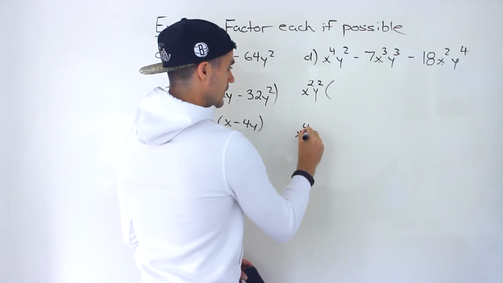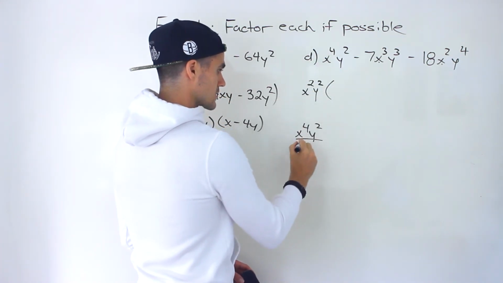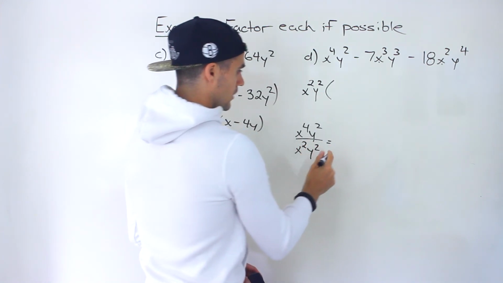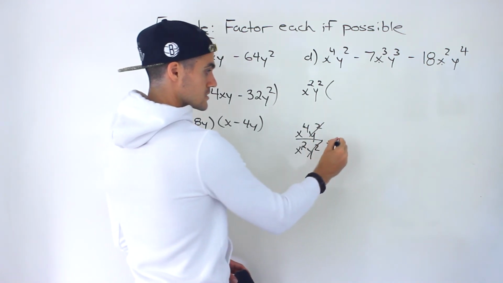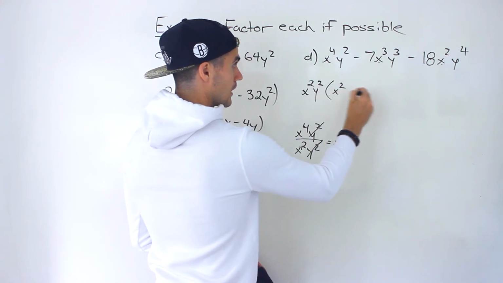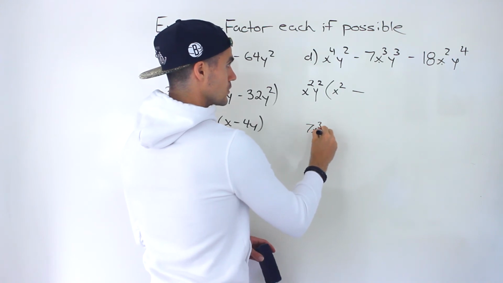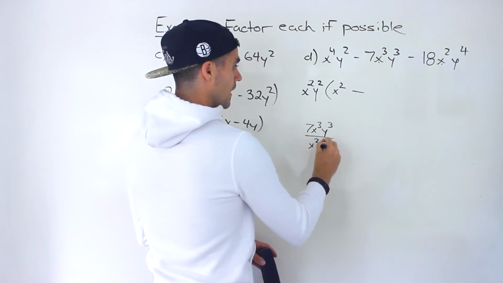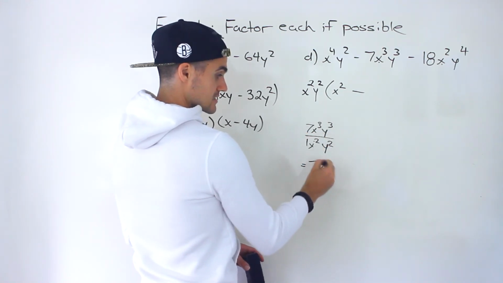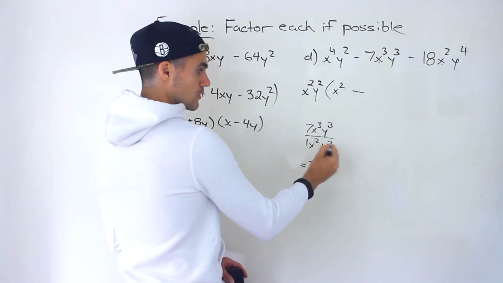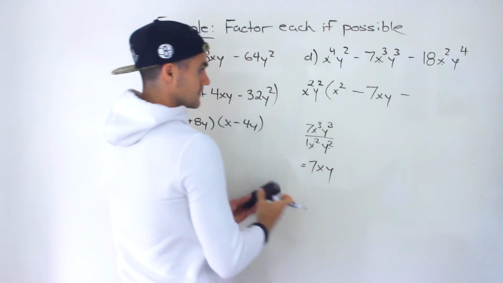What I recommend doing is doing this on the side when you start getting a little bit more complex, when this greatest common factor is more complex. Divide each expression on the side so you see what's going on. The y squareds cancel out. X to the 4 over x to the 2 gives us x squared. We got a minus over here. And then we're going to have 7x cubed y cubed over x squared y squared. So we'd be left with 7 divided by 1 is 7. X to the 3 over x to the 2 gives us x to the 1, or just x. Y to the 3 over y to the 2 just gives us y. So we'd be left with minus 7xy